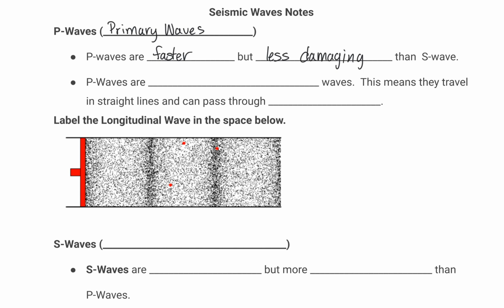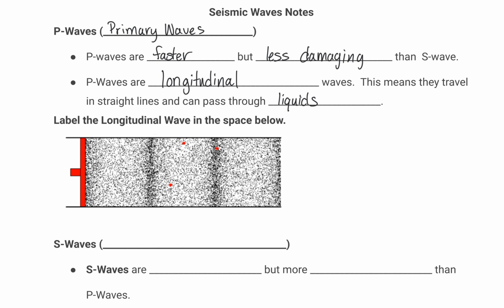than S waves. They're very, very fast, but they move in straight lines, so they don't do nearly as much damage. And the reason they move in straight lines is because they are a type of wave known as a longitudinal wave. So longitudinal waves travel in straight lines, and this allows them to pass through